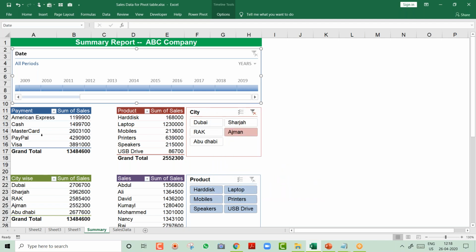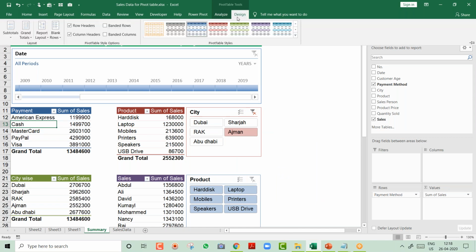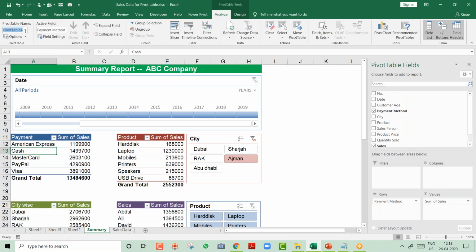But let's say you still say, okay, Ramzan, I don't want this to update. Then you have a way, not an interesting way, but you just have to change the table name. So I come over here and go to the option, that is Analyze. On the left-hand side, you can just change the name of a table, which will be easy for you to select. It's not compulsory, but it's easy. So what I'm doing now, I'm coming to each table and going to Analyze, and I am just renaming all the names of the tables so that it's easy for me for the connection.